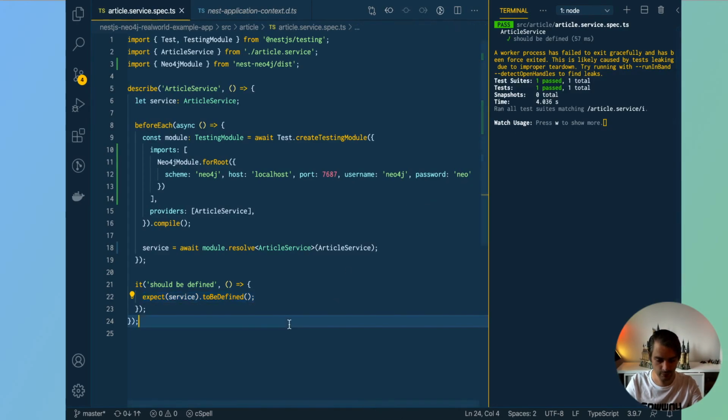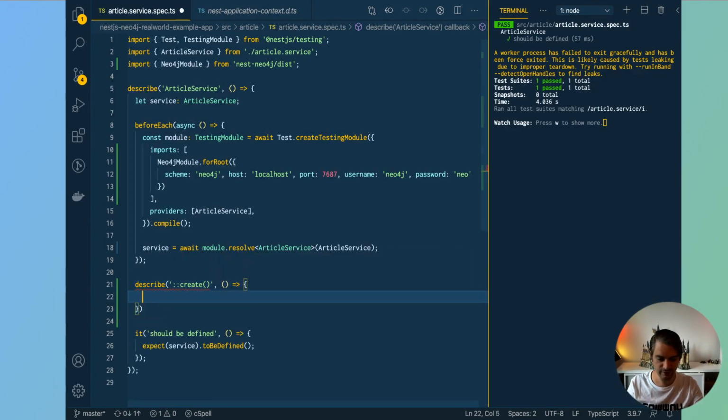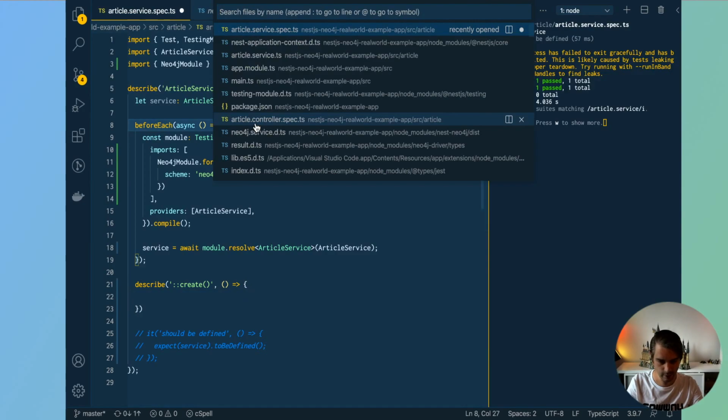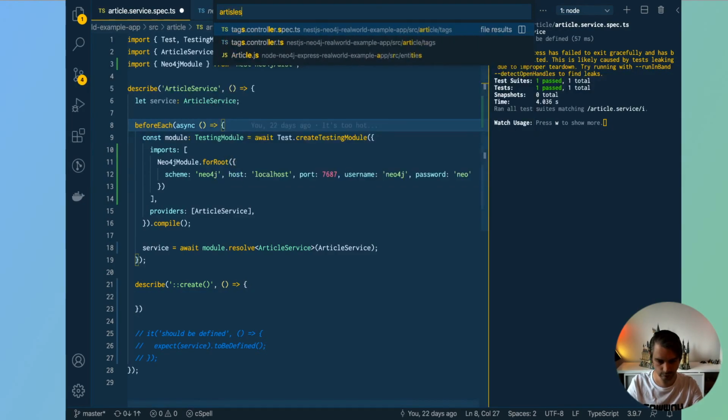So I guess what we want to do really is test, for example, the create method. We can create a new group, and then we can say create. And then we want to test some different examples around that service. So if I take a look in the article service again,